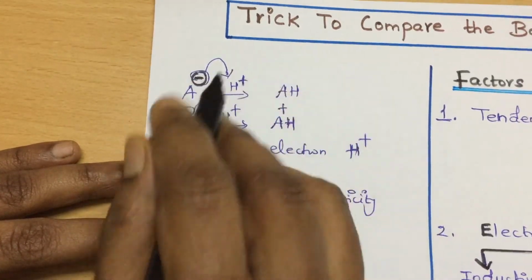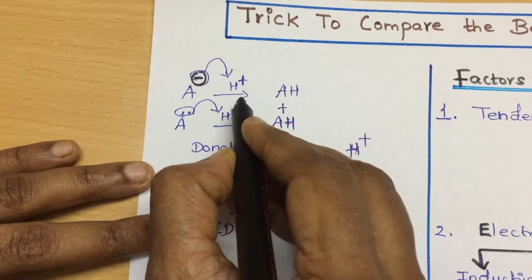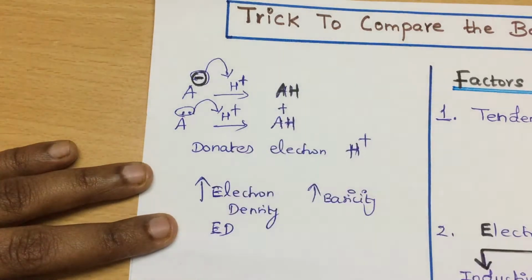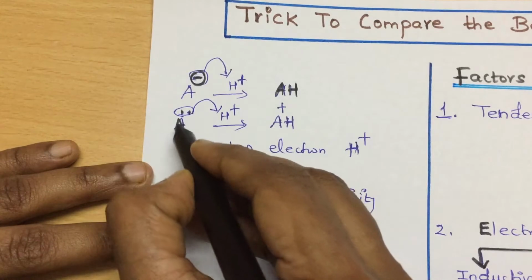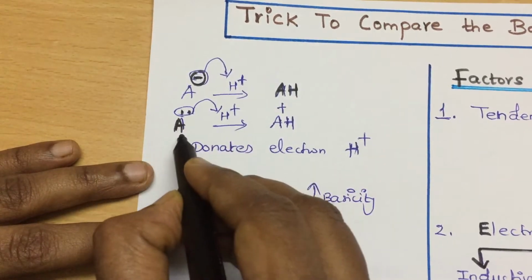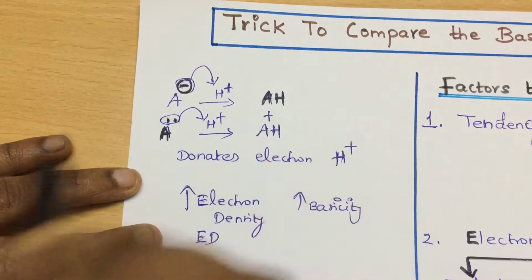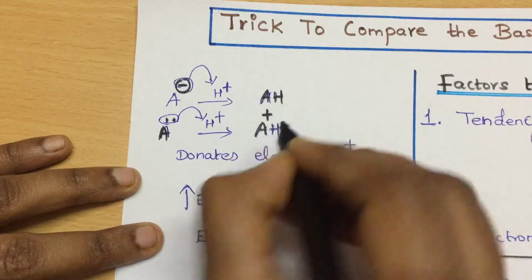Okay, so first of all, what is a base? Any species carrying a negative charge will go and abstract a proton. It will react with an acid, abstract a proton and form a bond with that hydrogen. Here a species not only has a charge but can also have a lone pair. It can go and abstract a proton from the acid and form a bond, whereas here the neutral species will carry a positive charge.